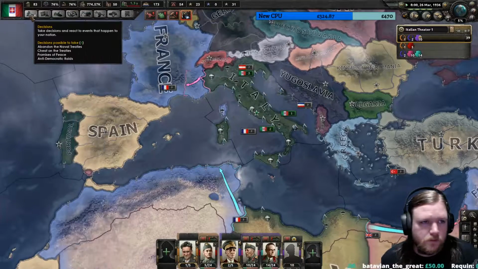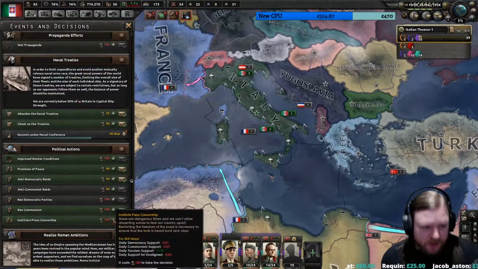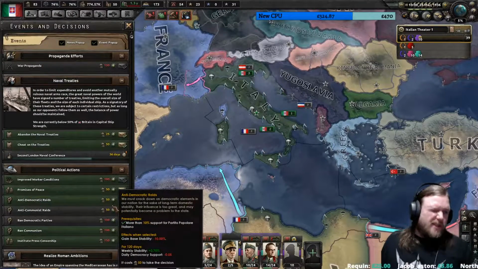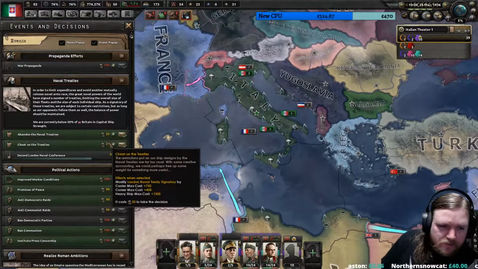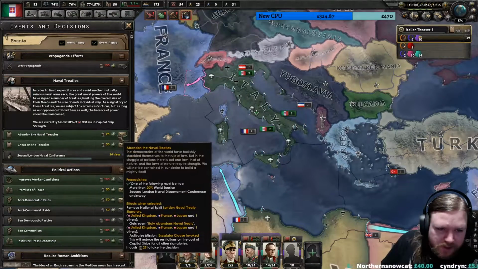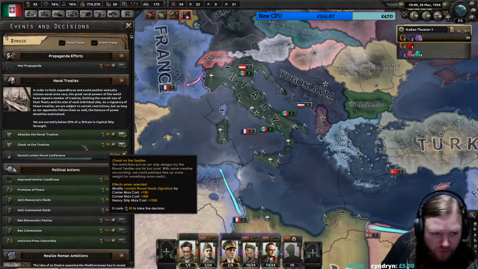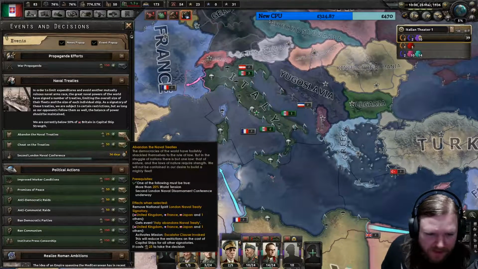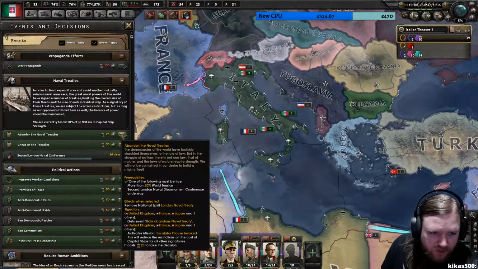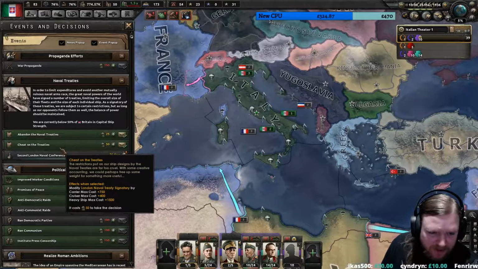Okay, good. Decisions, right, I forgot about these. Decisions are another thing which are kind of like focuses. They're one-off, generally, payments. So you can see the political power cost to doing one of these, and then you can hover over the envelope to see what they actually do. So we could, for example, abandon the naval treaty, which means that we leave the London Naval Treaty, which means we can build ships of any size. Or we can cheat on those treaties, which allows us to build slightly bigger ships